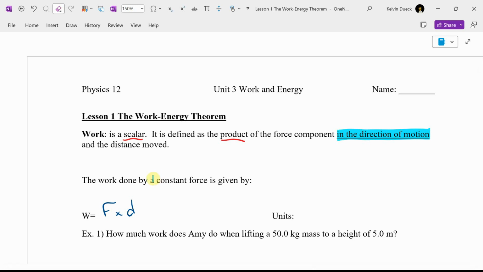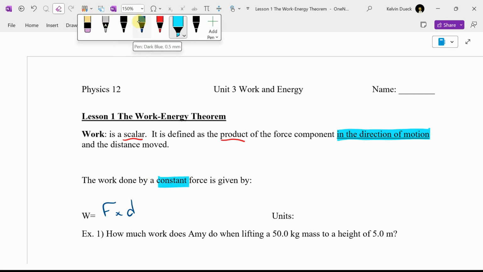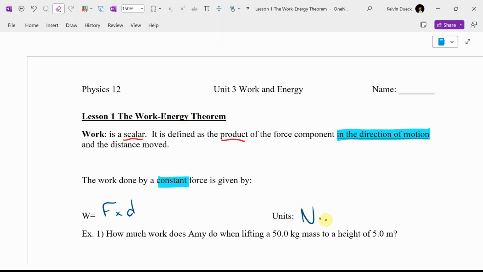Now, this is the work for a constant force. We'll talk a bit more this year. What if it's a changing force? But first of all, what would the units be? Well, what are the units for force? Starts with letter N. What are the units for distance? Starts with an M. So it's a Newton meter, but this concept is so important, we've actually renamed the Newton